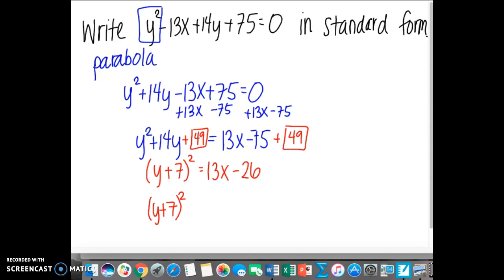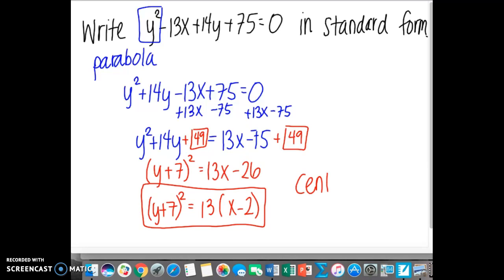So we're still going to have y plus 7 quantity squared on the left. And when we factor out a 13, we are left with x minus 2. Now this looks like a parabola equation in standard form, and this is a horizontal parabola with center at 2, negative 7. So if we're asked to find the center, it's at 2,